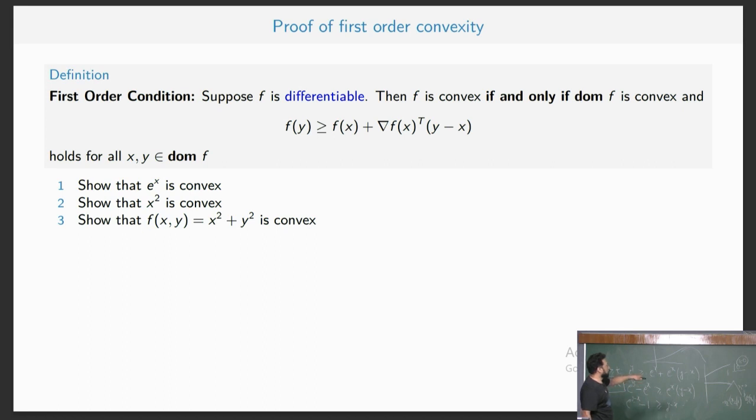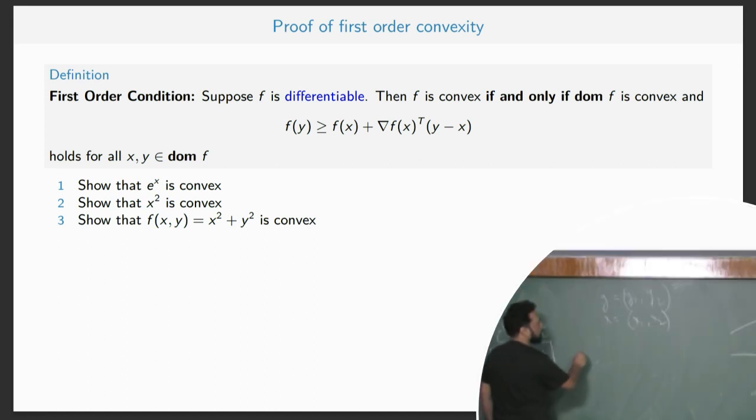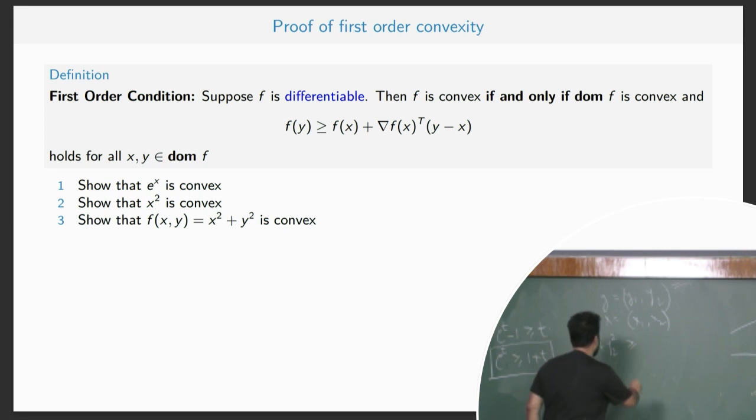So what you are supposed to show now is f(y), where y is a vector now. For the second problem, I can just formulate the inequality we are supposed to prove. So the second one is f(y) for a whole vector x, y. Let us say y is y1, y2 and x is x1, x2. Then what you are supposed to prove is that f(y), which is y1 square plus y2 square, is greater than or equal to f(x), which is x1 square plus x2 square,